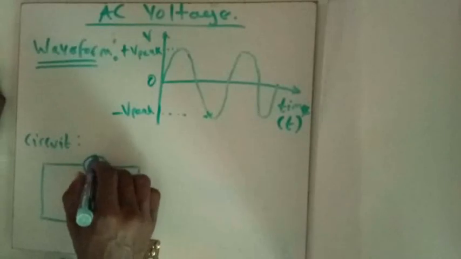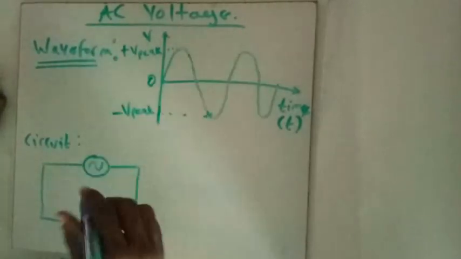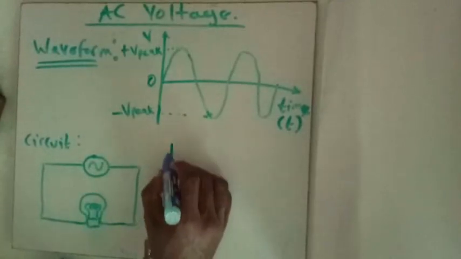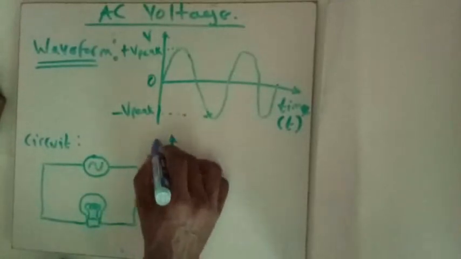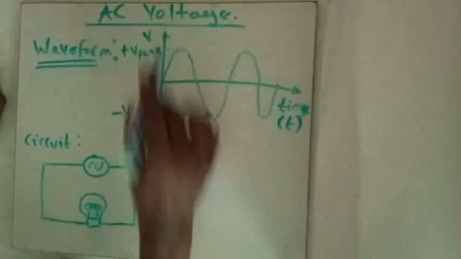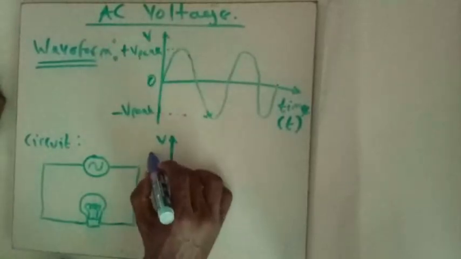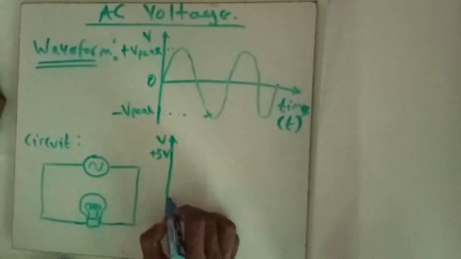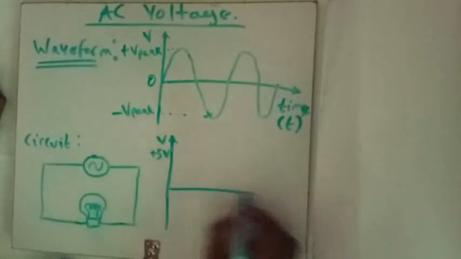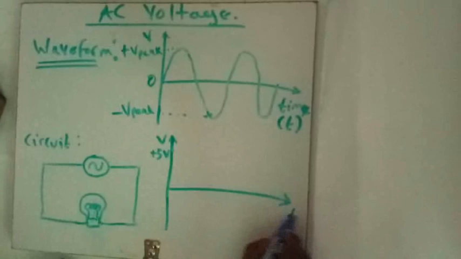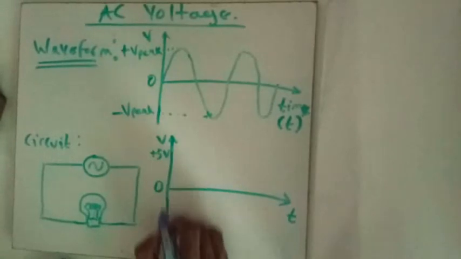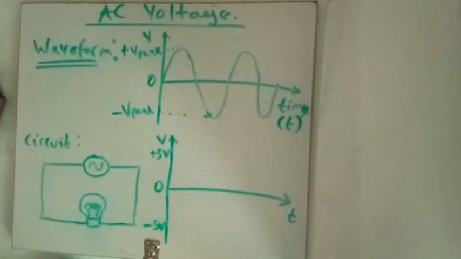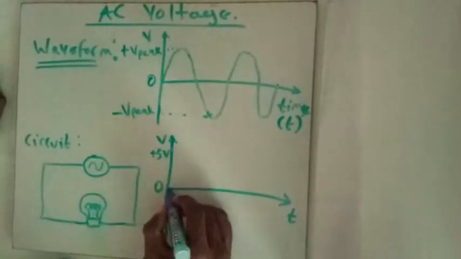So let's go back to this. Let's assume that V maximum, that's our V peak, is plus 5 volts, and let's assume this is time, that's 0, minus 5 volts is our negative peak. Now as this rises from